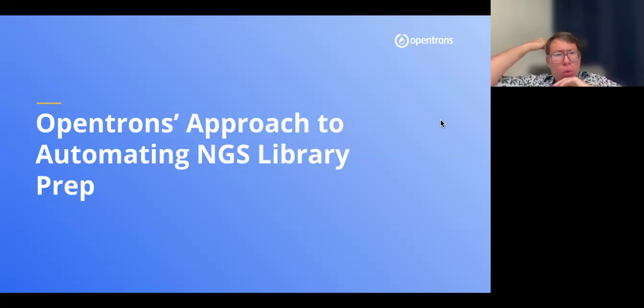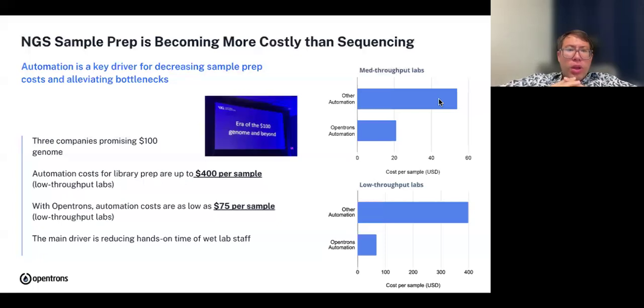And so we'll talk a bit more on Opentrons' approach towards automating NGS library prep. Before we dive into some of the more technical matters, we'll pass to Kinnary. I'll just give the background context of how we see Opentrons contributing towards NGS library prep automation. And so